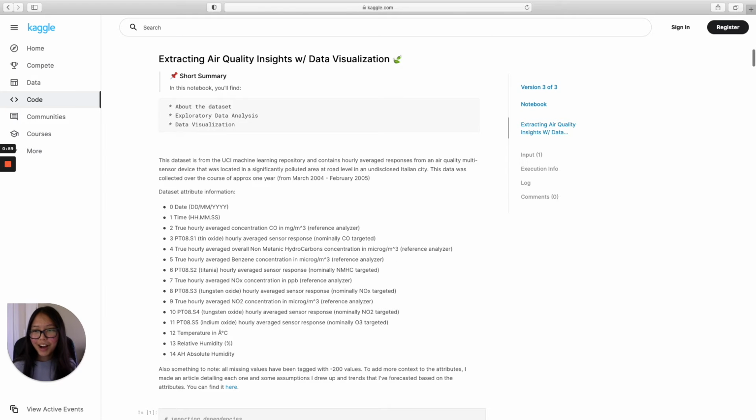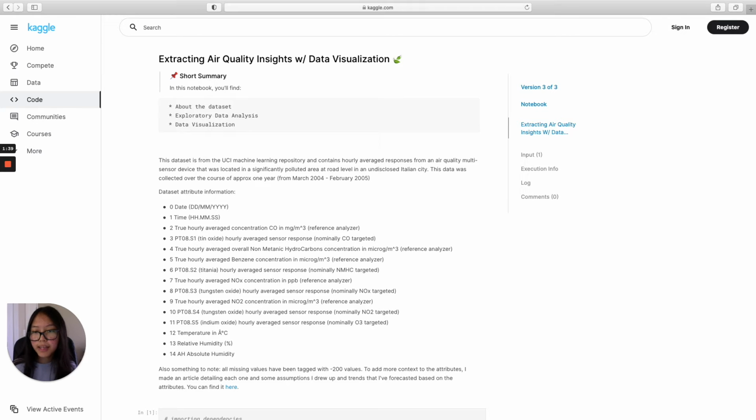So going through, first up we have the date and time. These are pretty straightforward. They're in day, month, year, and hours, minutes, seconds format, and they just represent the date and the time that the responses were collected. And then we have true hourly average concentration, CO in micrograms cubed. CO also stands for carbon monoxide, and it's a gas that's very difficult to be picked up by the 5 senses because it's odorless, it's tasteless, there's no scent to it. But it actually forms naturally through combustion and can be found in very low concentrations in the Earth's atmosphere. But other sources of carbon monoxide include cars, trucks, vehicles, or other human activities that burn fossil fuels.